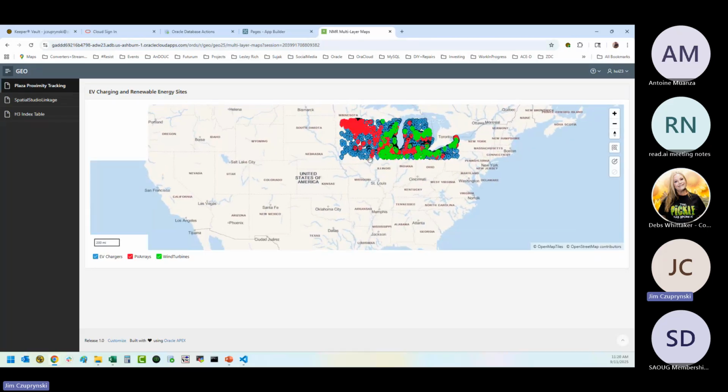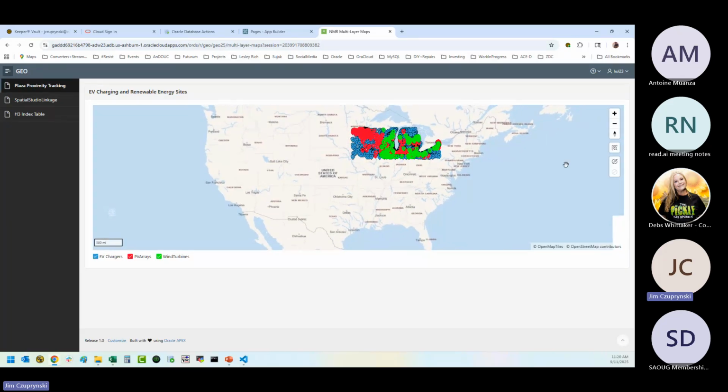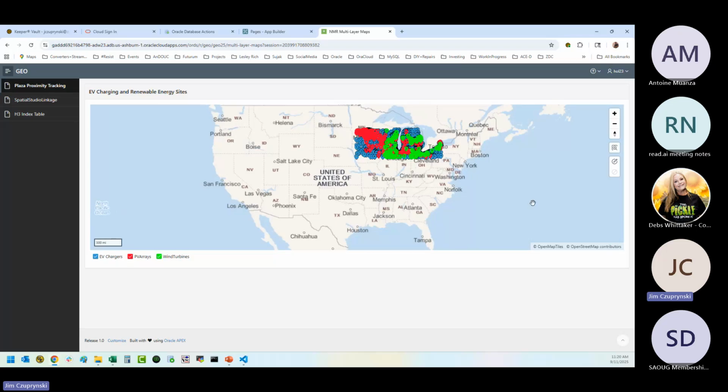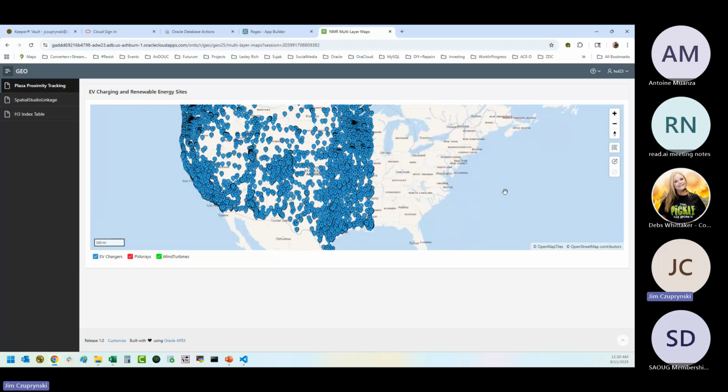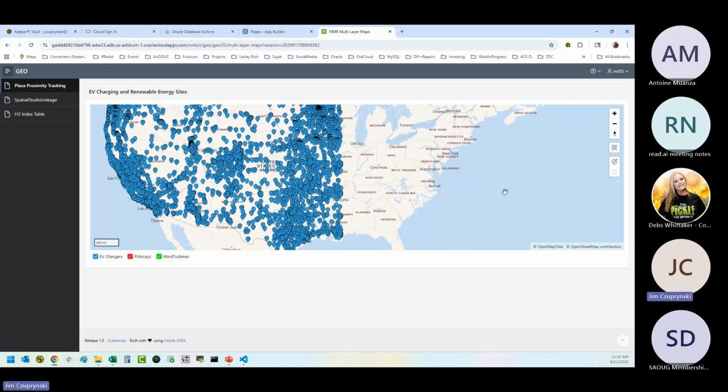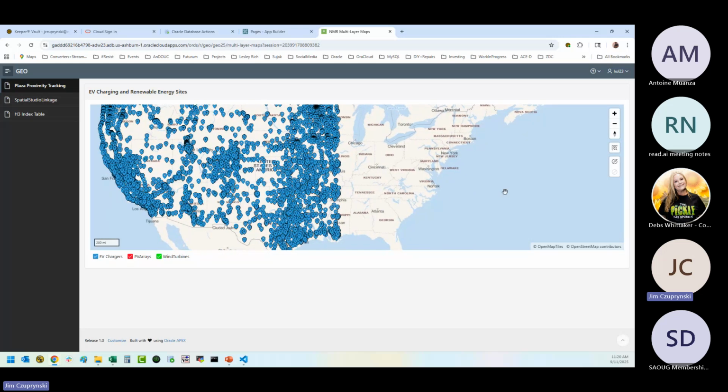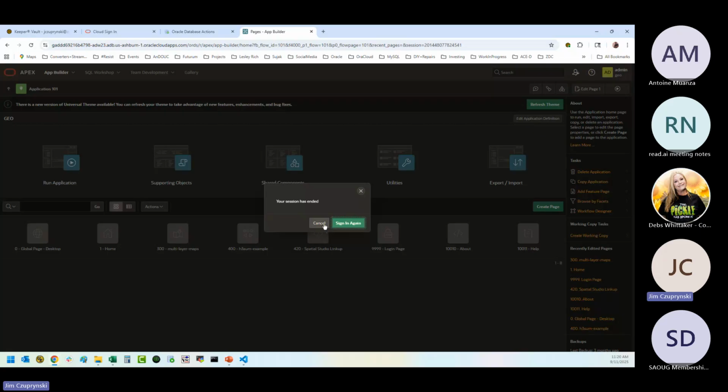And as I zoom around in here and even pull back a little bit farther, notice stuff is still taking time to load. If I'm trying to do stuff at a United States or continental level, this response time is horrific. It's not going to work for modern apps that deal with geospatial. So I just want to give you an idea of how fast or how slow, in this case, it takes to load 180,000 different points using traditional technology. And you know what? This isn't going to cut it. What we're going to have to do is find a better way.